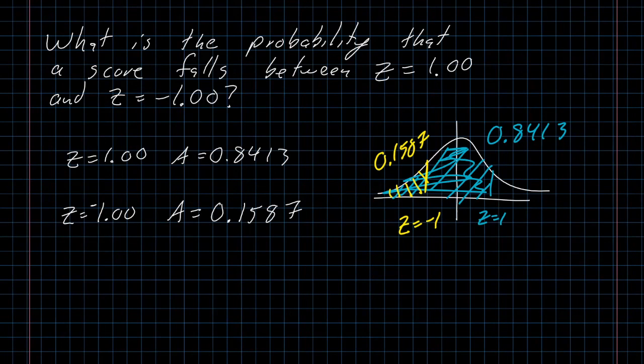The question is asking me, how much space is that much taking up? Everything that we care about is in the blue region, but some of the blue region is out of where we care about. Conveniently, all of the stuff that's out of what we care about in the blue region is also in the yellow region. So if I subtract these areas,